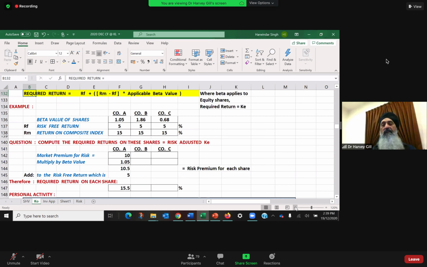Using the required return formula, so we are working to practice this formula here. RF plus (RM minus RF) times beta. Okay, RF